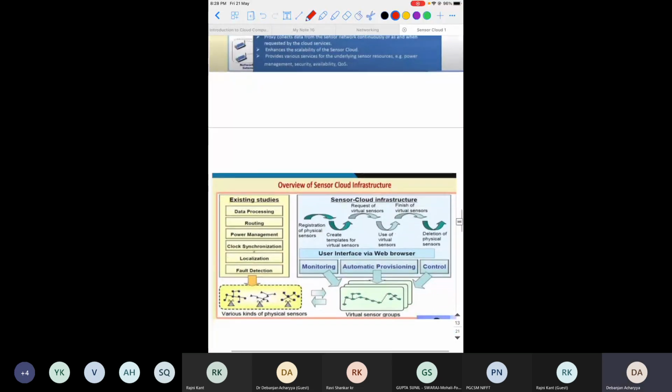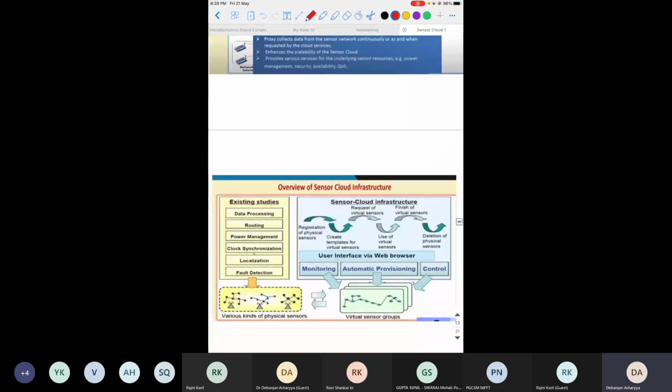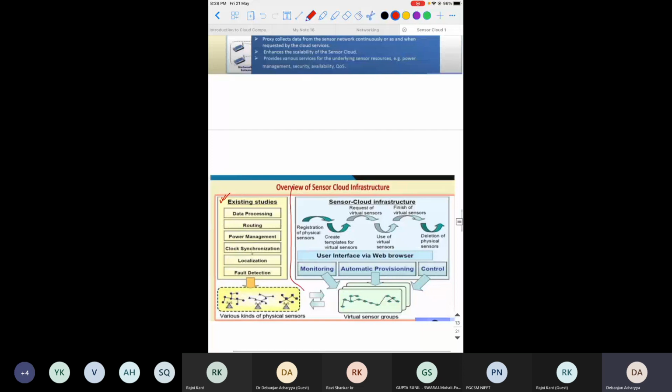So this is once again the overview of the cloud infrastructure. So these are the existing studies. What you can see is the data processing, these are the things that are available right now. This is the WSN kind of thing. But here you can see that these are virtual sensor groups which can directly communicate with the various kinds of physical sensors, and these virtual sensor groups can monitor and control these physical sensors.